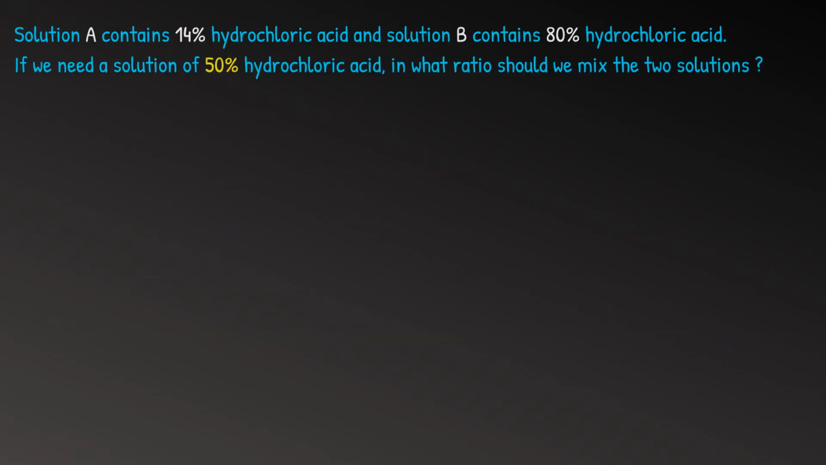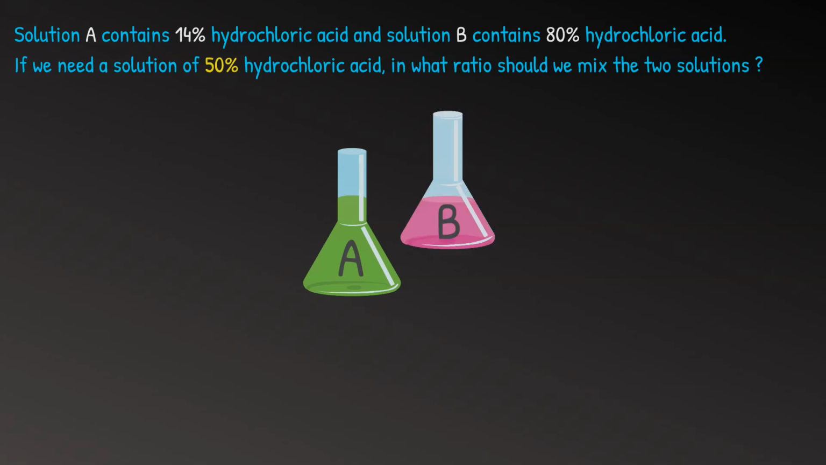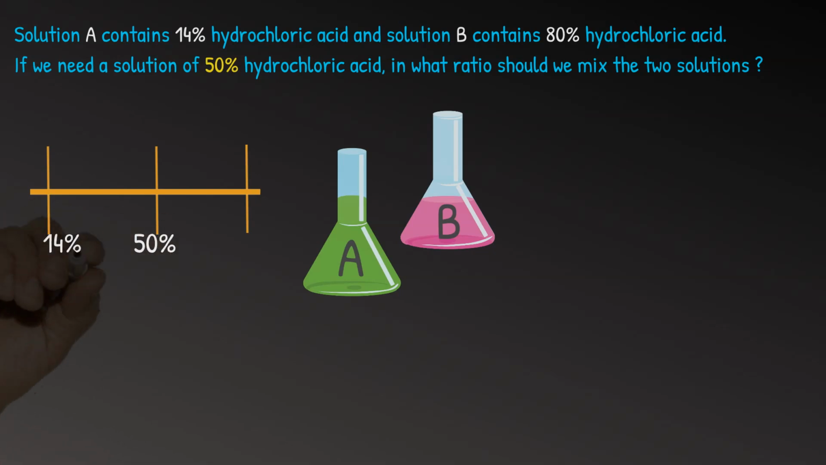In the next question we have two solutions. Solution A has 14% of hydrochloric acid and solution B has 80% of hydrochloric acid. We're asked to work out the ratio in which we should mix them if we want a solution with 50% of hydrochloric acid. So if we draw a small number line with the percentages written at the bottom, you can